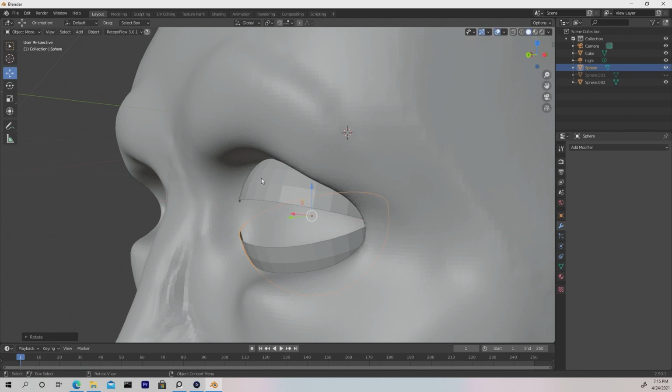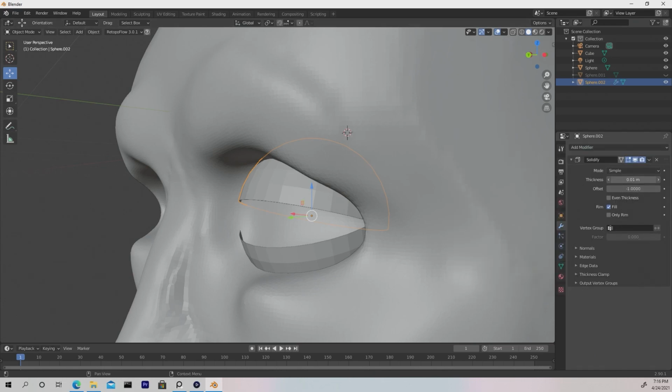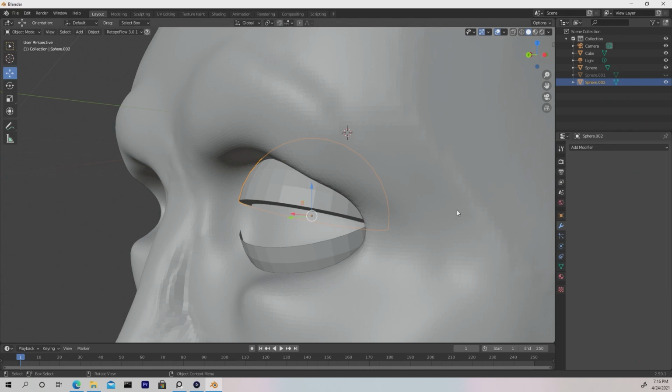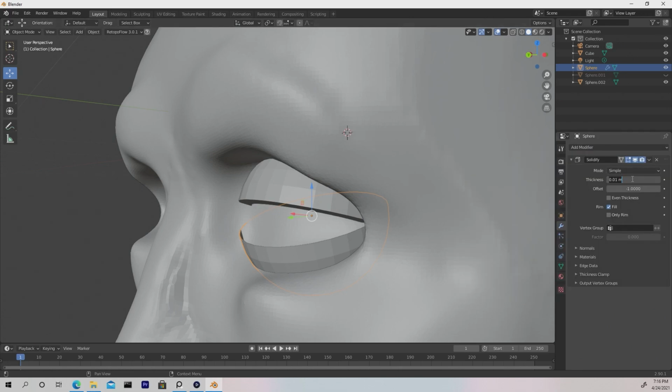Now we're going to add some thickness. So let's go to the modifier tab and add a solidify modifier. And let's change the thickness to your choosing. And once satisfied, we're going to make sure we select this and hit Control C to duplicate. And then grab the bottom lid, add a solidify modifier, and we're going to paste the same thickness and then apply